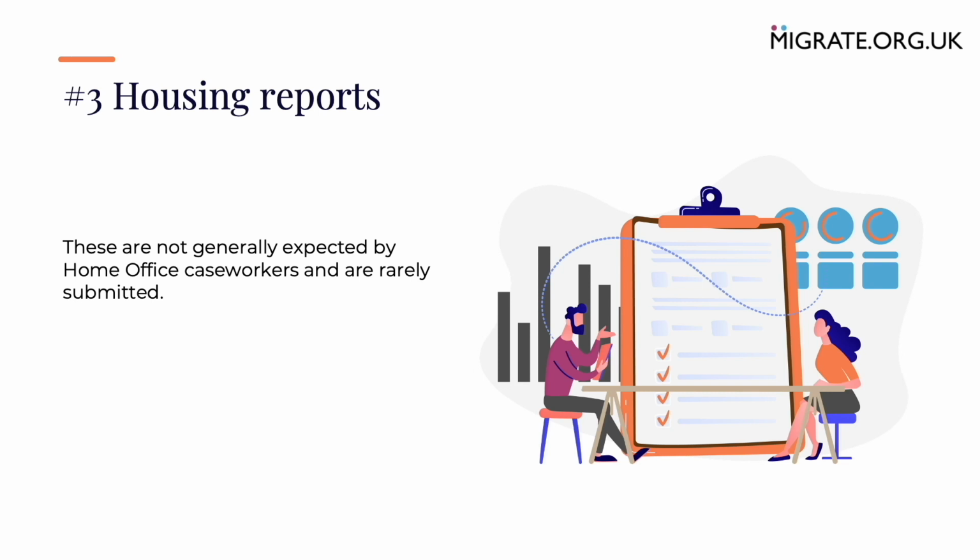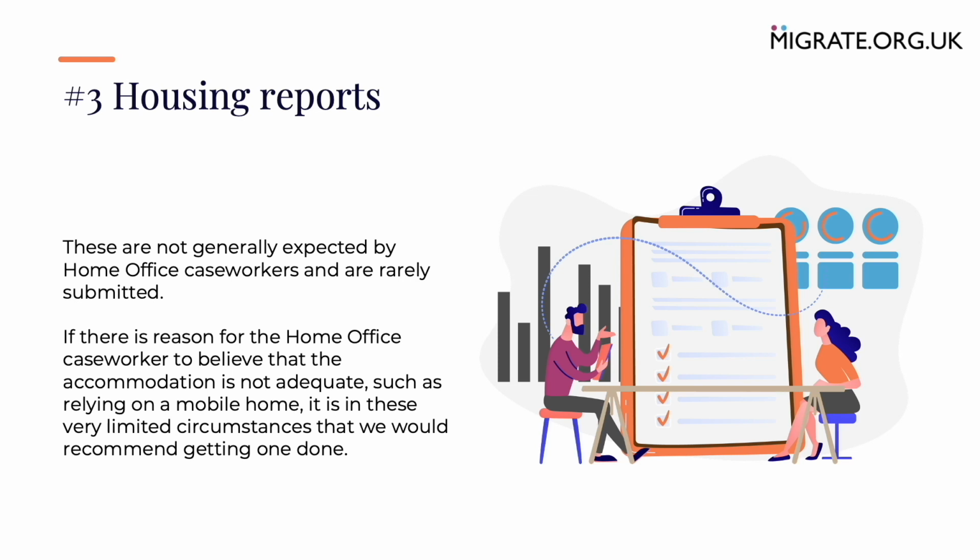Furthermore, in the thousands of partner visa applications that we've been involved with, not once has an application been refused because a housing report was not submitted. In the vast majority of cases, getting a housing report done is a complete waste of money. With this being said, if there is a rather unusual reason that could raise into question the adequacy of the accommodation, such as relying on a mobile home, it is in these very limited circumstances that we would